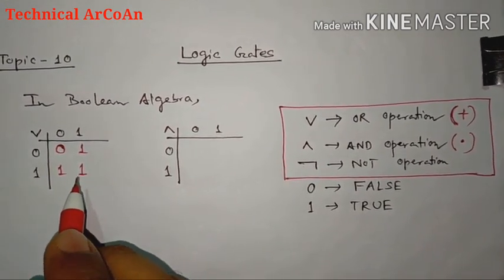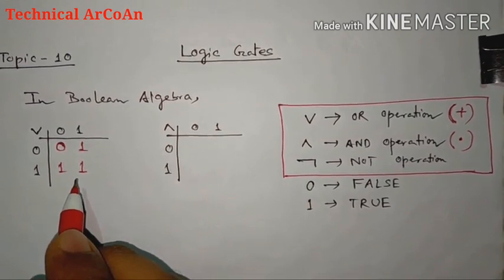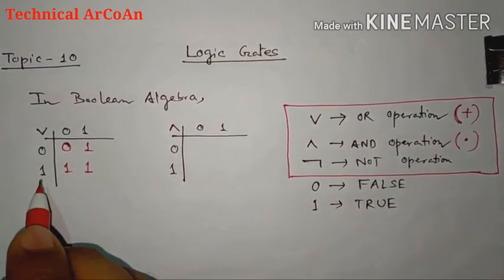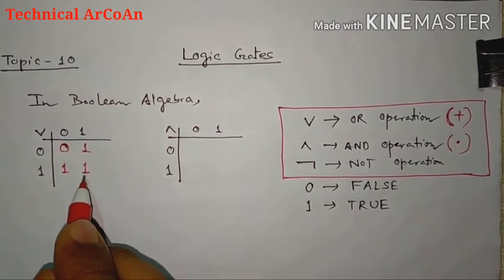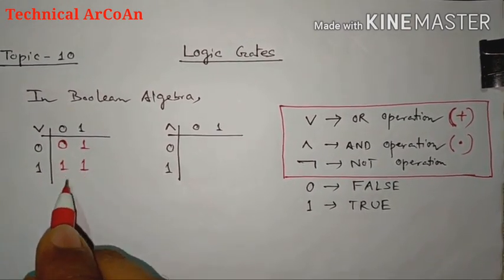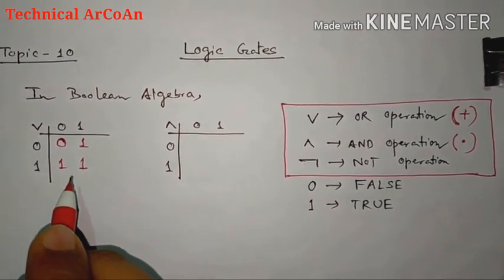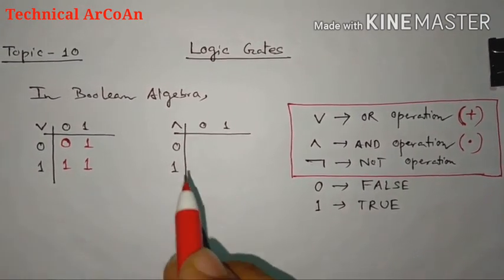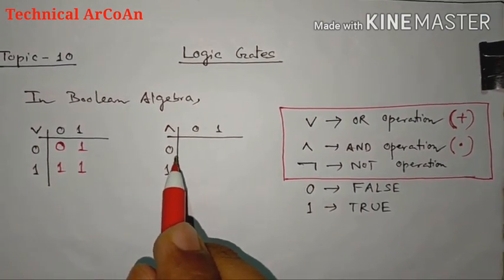This is the most important case. Somehow we know that 1 plus 1 means 2, but this is not a binary addition. It is a Boolean addition. When both values are true, the output is true. This should be remembered: the value is never other than 1, which means true. Now we do the AND operation.